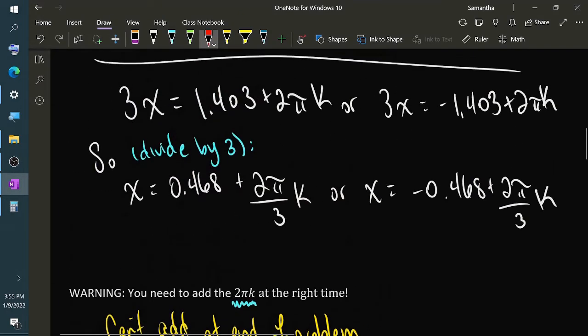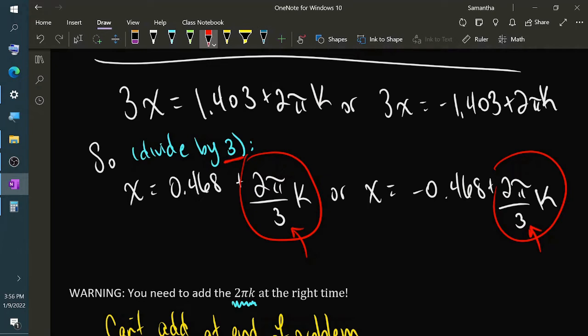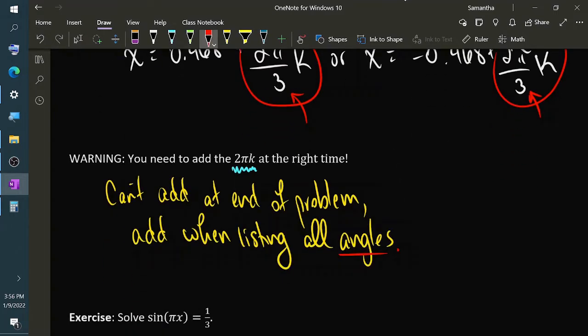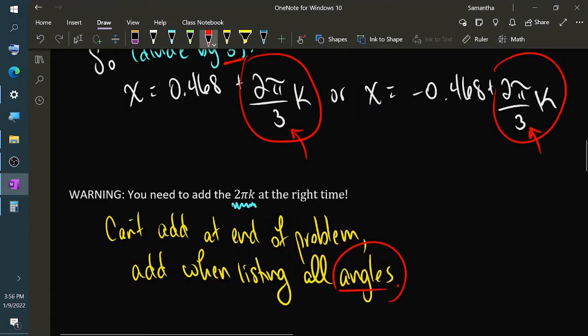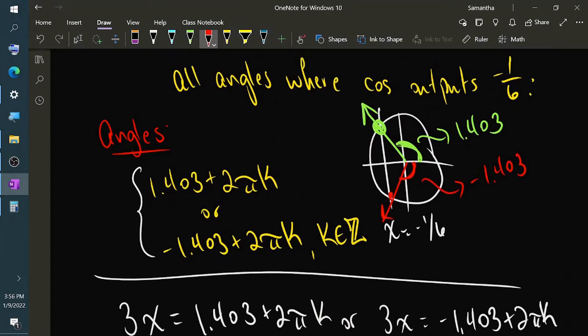You see, in the previous exercise, if I had written down the plus 2 pi k at the very final step, then I would have gotten the wrong answer. In the true final answer, the 2 pi k also got divided by 3. So in the end, we actually ended up with a 2 pi over 3 times k, not a 2 pi k, not in the final answer. So make sure that you're adding 2 pi k when you're describing the angles, right here when you're describing all the angles coterminal to the ones that you found.